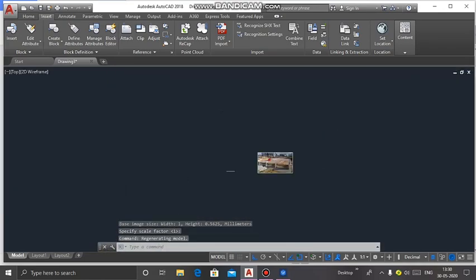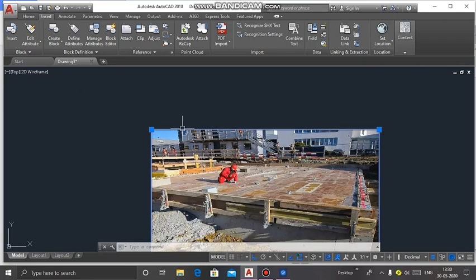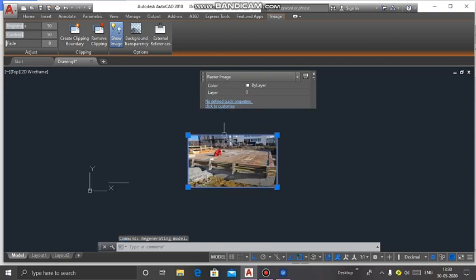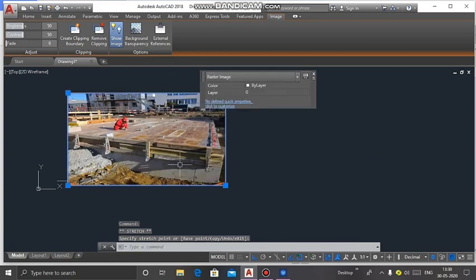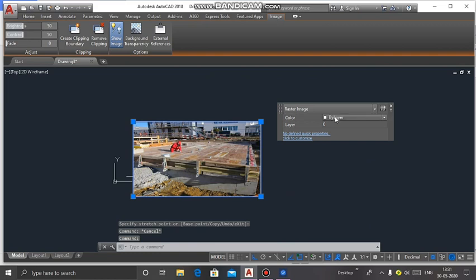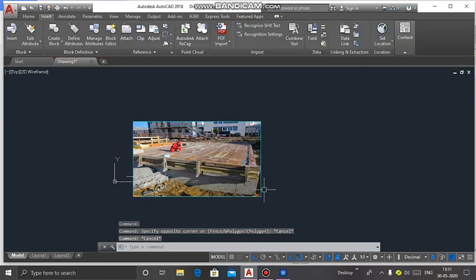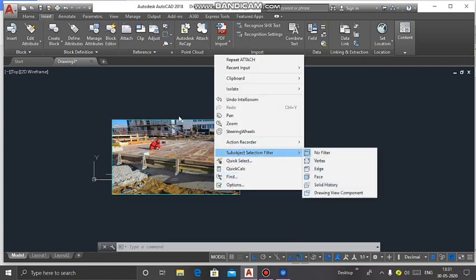Now the image from MS Word or desktop or documents is brought from there into AutoCAD. Now you can increase or decrease its size, or change the border color, or you can edit or scale it as you want.